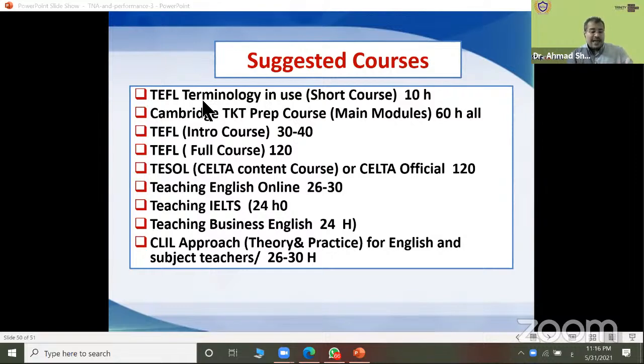Then you give them tasks outside the class. This is the regular technique. But flipped classroom is to give them before the class, outside the class, the target language. Then only in the class you practice. You give them tasks. They do them collaboratively inside the class. So you flipped the learning teaching process.